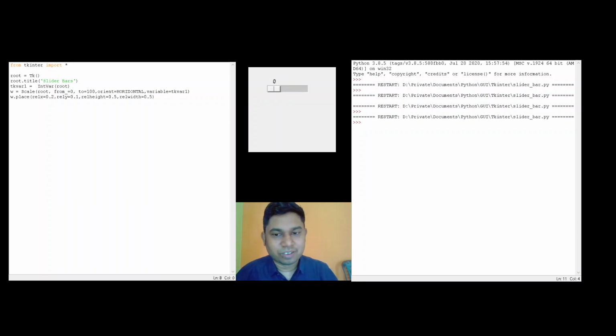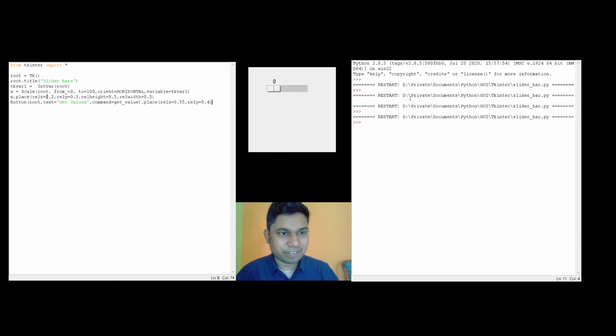Now the next thing is I want to get the values. For that I need to create a button. So let me create a button in root, and let us write the text of the button as get values and I have to define the command get value and place it somewhere in the UI.